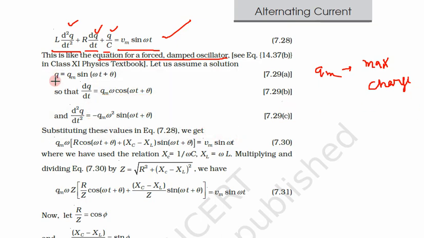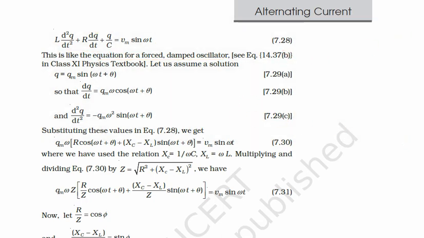So let us compare the first equation and this last equation. q = Qm sin(omega t + theta). So from this, if we take this Qm sin(omega t + theta), what do we get? Minus omega square, and this itself is q, minus omega square q. So these are the substitutions that we have got. Now let us put all these values in this equation. We are putting all these values. So this right hand side itself is Vm sin omega t.